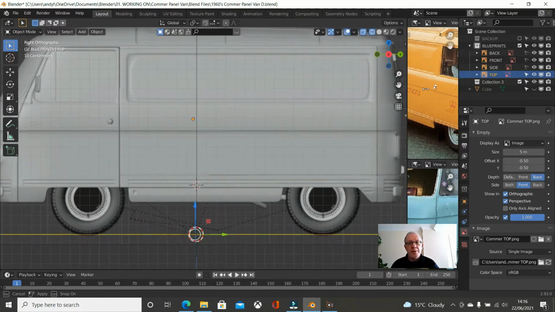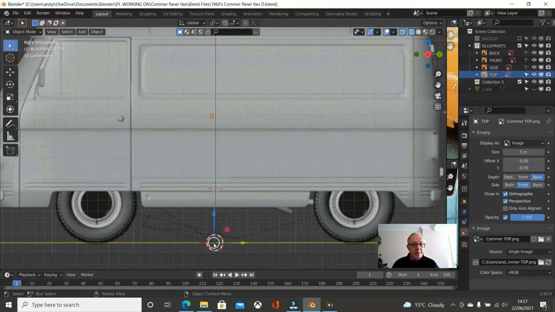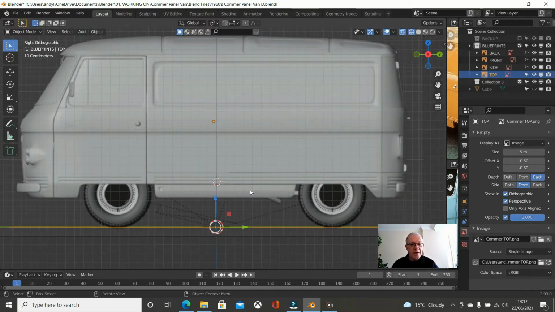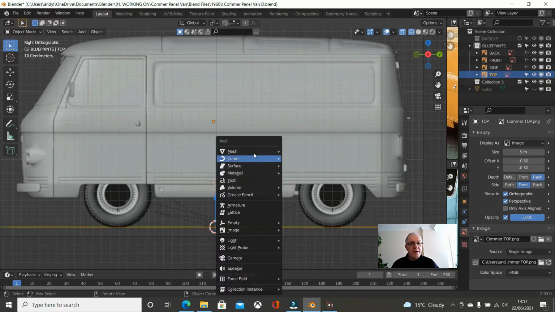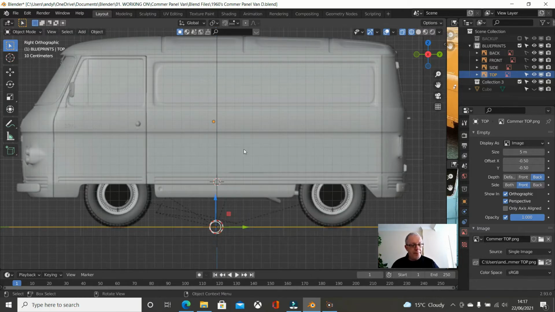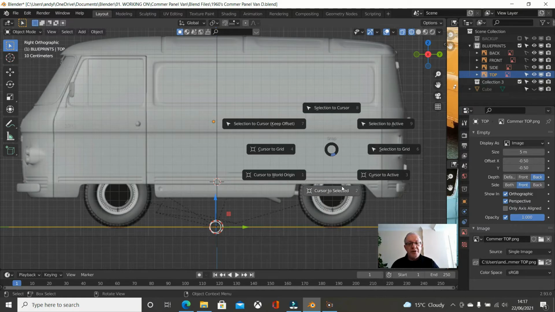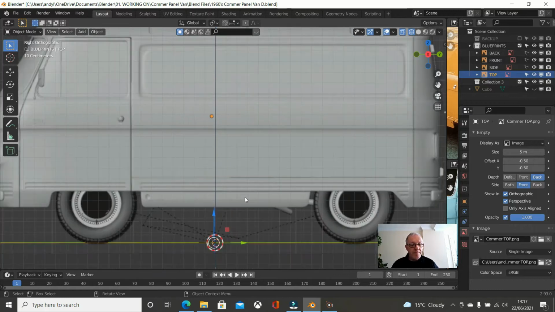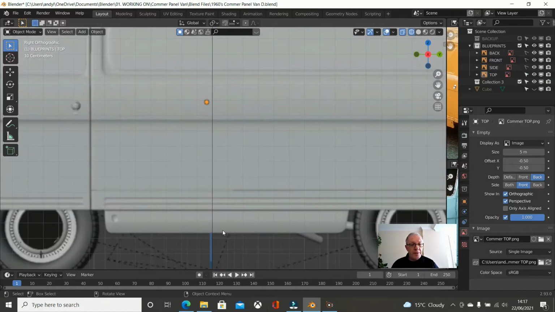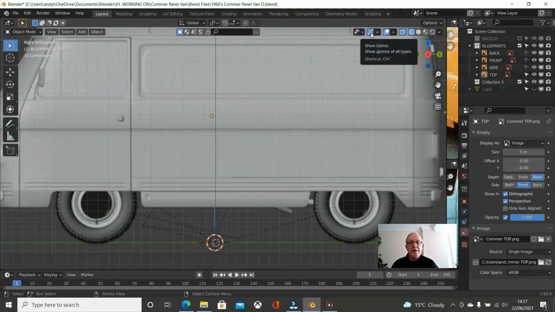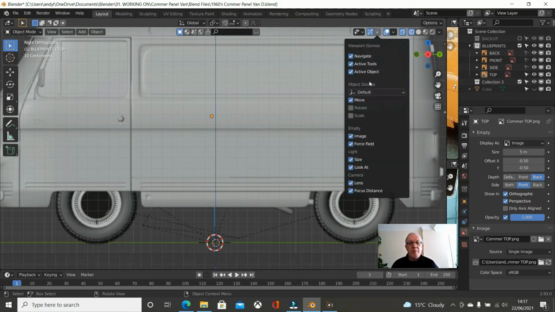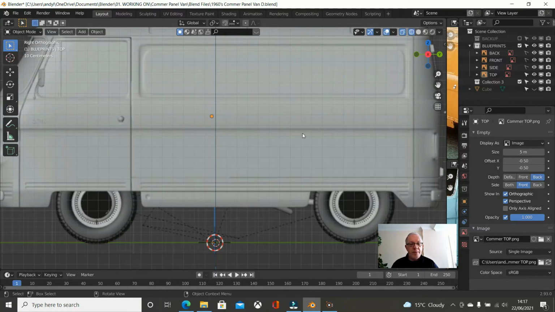Okay, so from here, make sure that your mouse is in the middle. Press Shift and S, cursor to world origin, which is there. And so you've got the gizmo. Click the down button and click Move, which will, as soon as we put something in there,